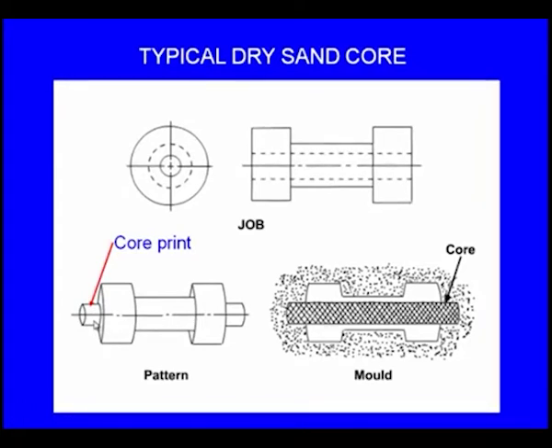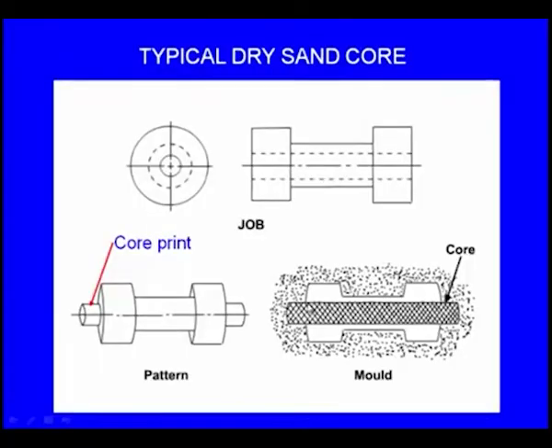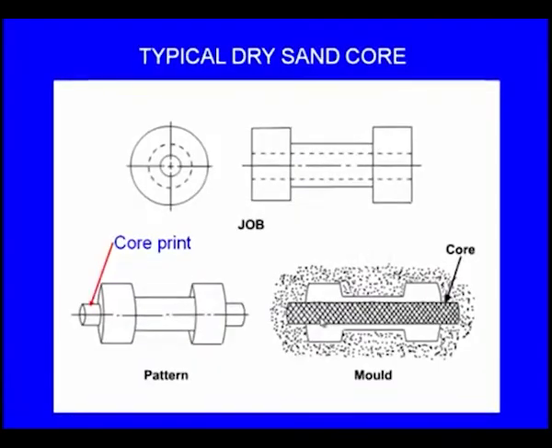Not only the pattern, here we can see the core as well. This is the cavity of the casting. The core means from this point to this point we want a hollow cavity. So, the core should be of this much size only, from here to here. Why is it extended up to here? To support the core in that extended hole. So, this extended portion of the core is also known as the core print.